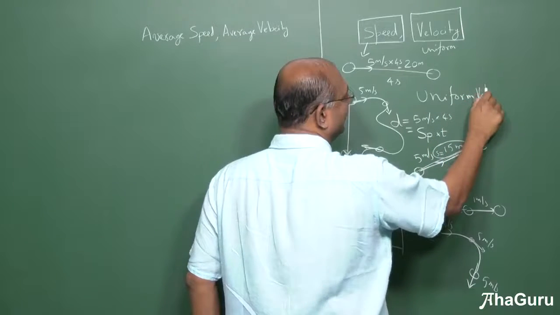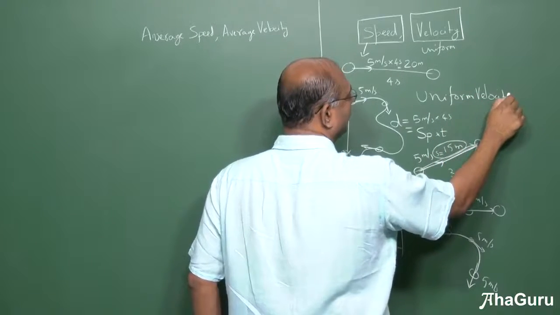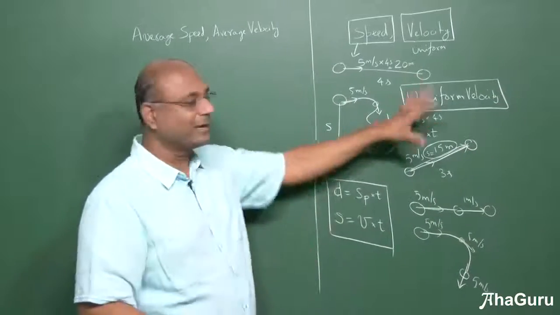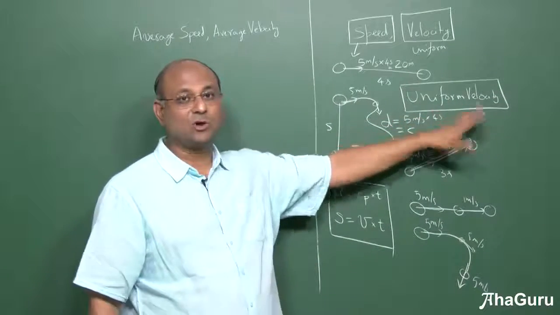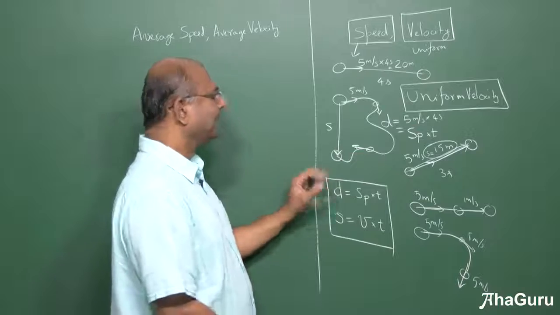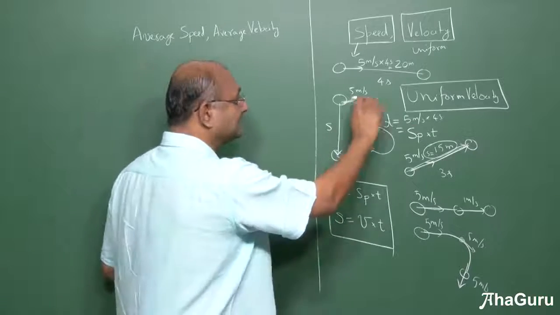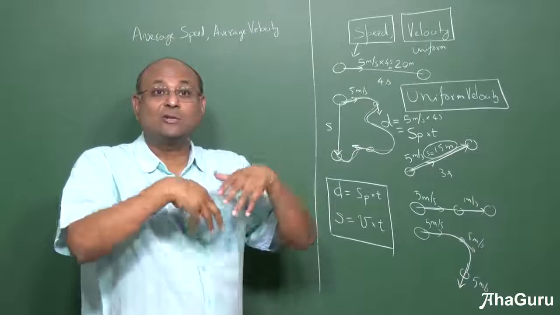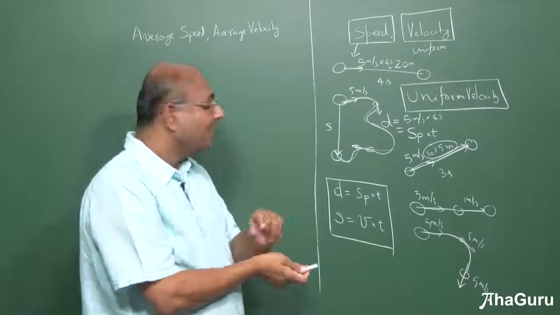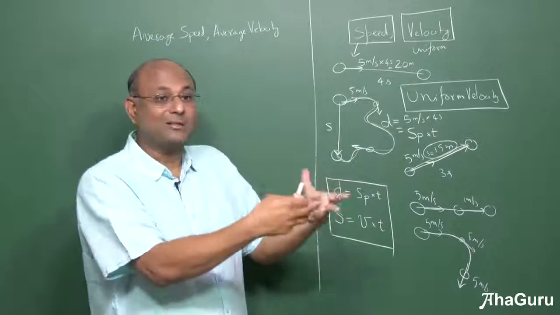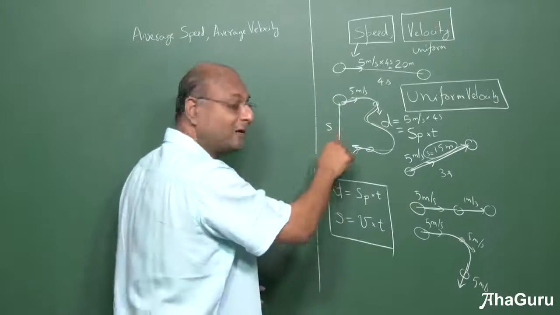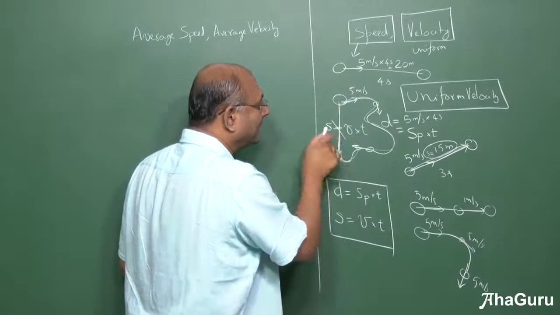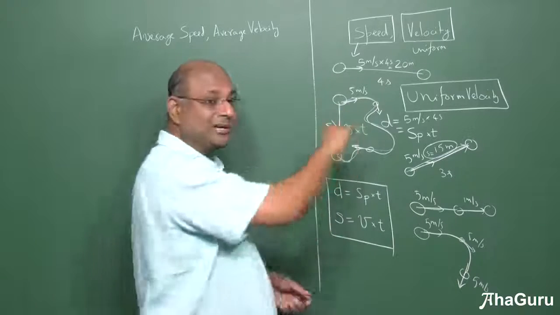We will come back to it later again, many times. Okay, so this is a fundamental idea that we have to keep in mind when we are looking at physics. Everywhere in physics you will talk about uniform velocity. But let us now look at a case where it is motion like this. It is constant speed but not constant velocity. Can I talk about some sort of velocity here? There is a displacement. You cannot say displacement is velocity into time because velocity is not constant.